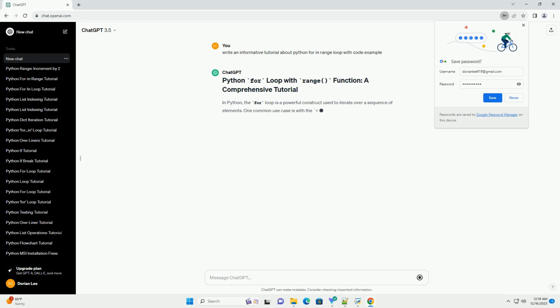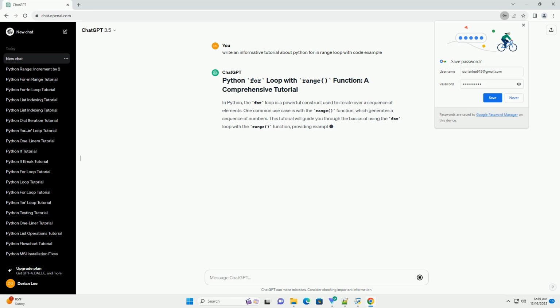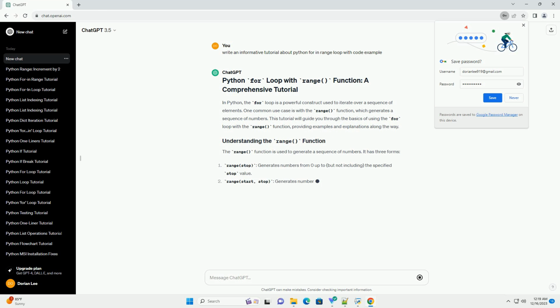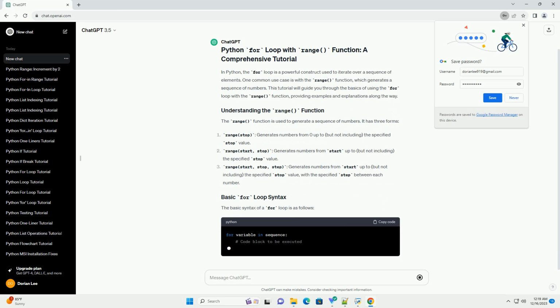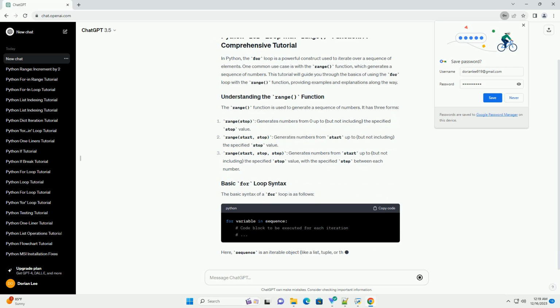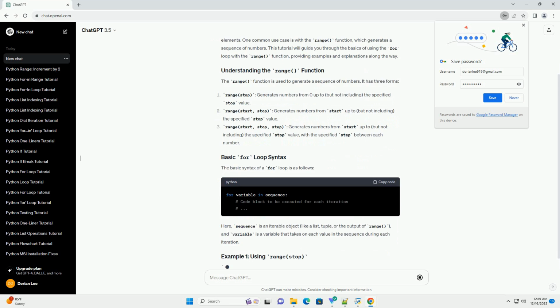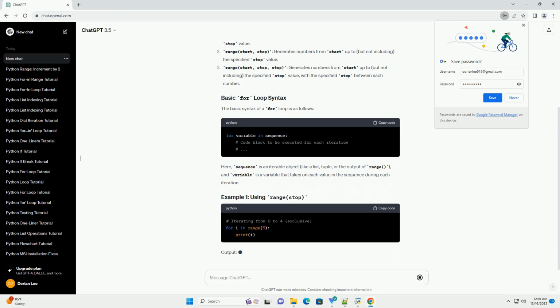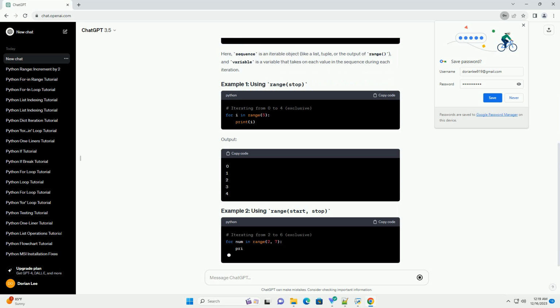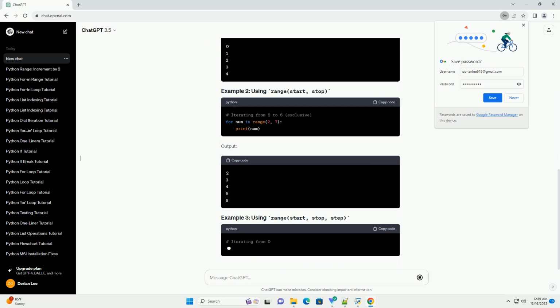The for loop in Python is a powerful construct that allows you to iterate over a sequence of elements. One common use of the for loop involves the range function, which generates a sequence of numbers. In this tutorial, we'll explore the basics of the for loop with the range function, covering its syntax and providing